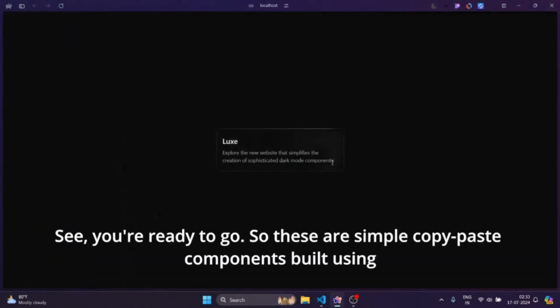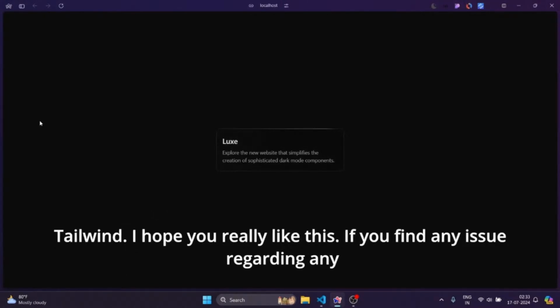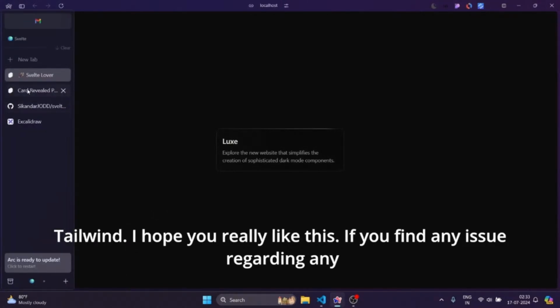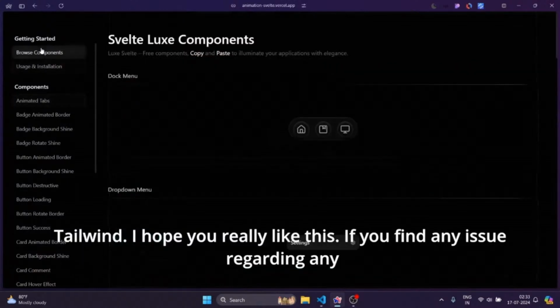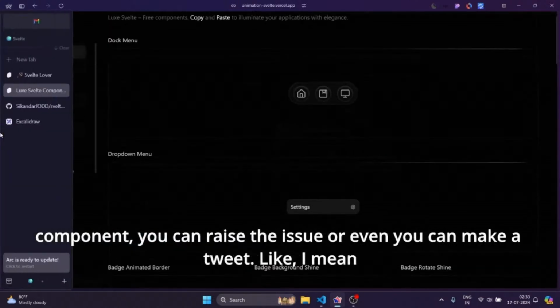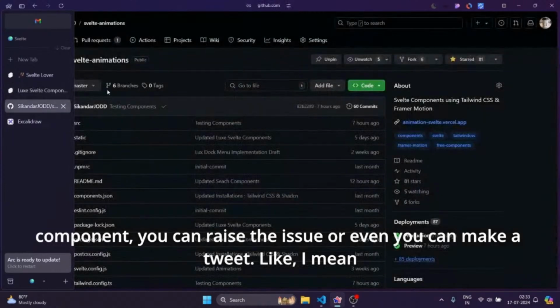See, you're ready to go. So these are simple copy-paste components built using Tailwind. I hope you really like this. If you find any issue regarding any component, you can raise the issue